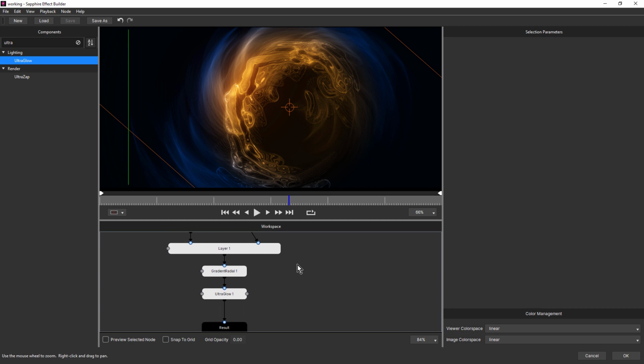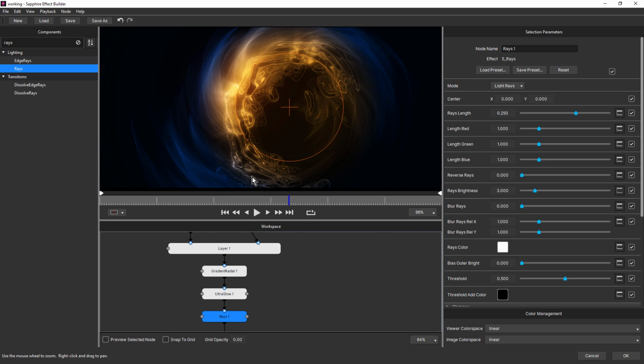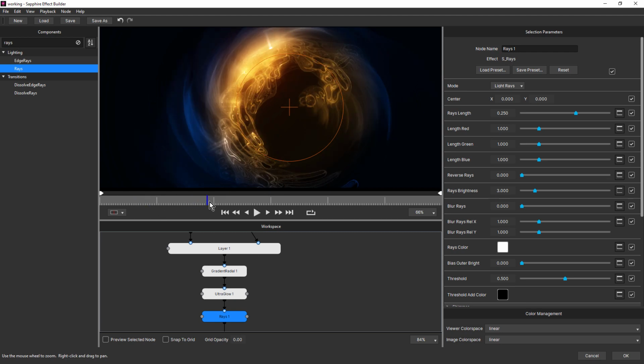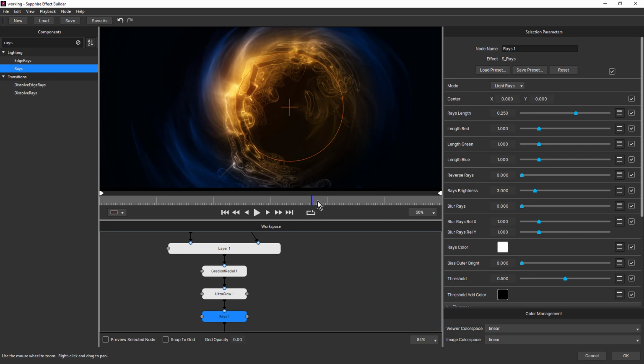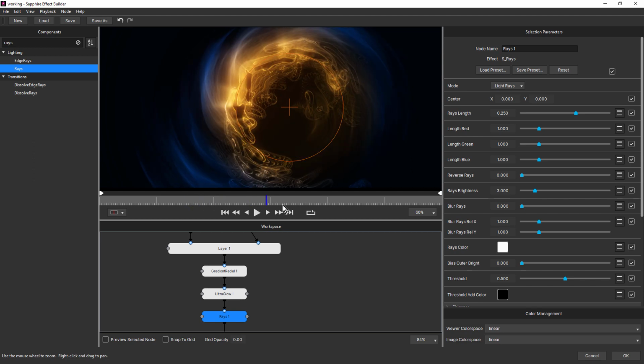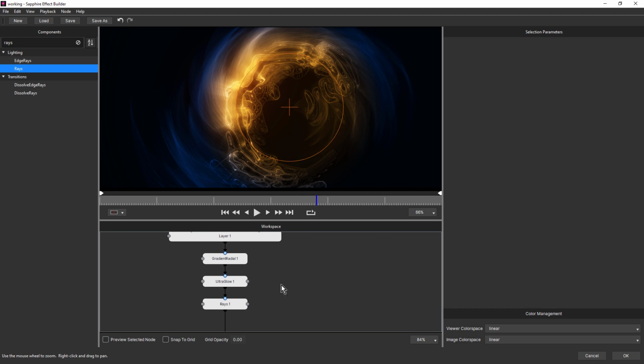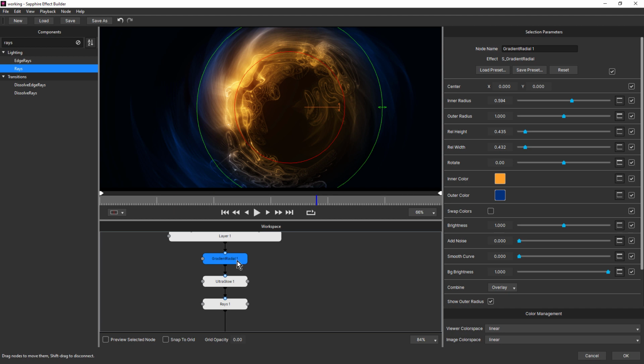Control S. After ultra glow, let's add some rays. Yeah, nice. That's nice. See how we're getting that sort of more 3D feel now? And the rays are only really reacting to the brightest areas. What I also really like to do is use bokeh lights to add some little particles in there. So we'll put those below gradient radial.